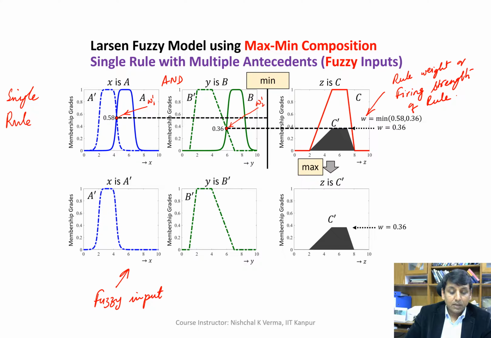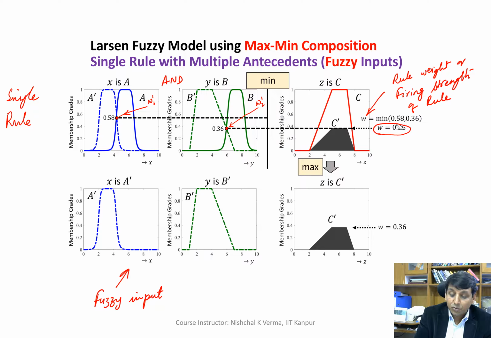Alright, so now since we have two weights here, two membership values here, these are nothing but the membership values or grades. So we take the min because we are using max min composition here. When we take max min composition, we use the min of these two. So min of the two will be